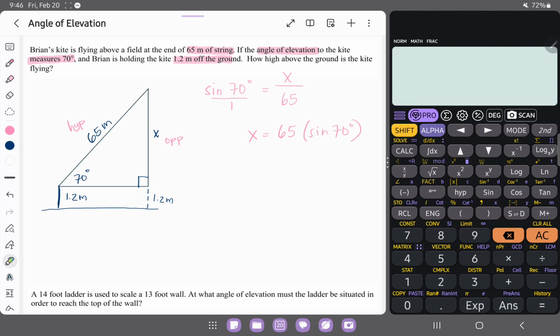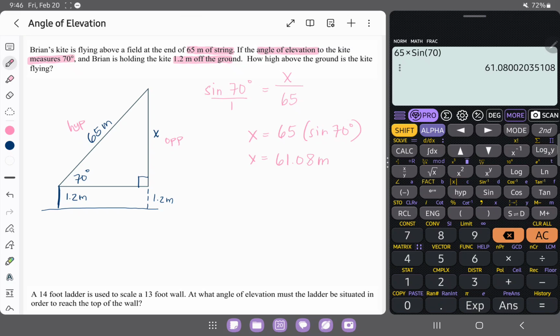Tandaan, nag-cross-multiply lang po tayo. So, ito, then ito. Itong part na to. Okay. Now, you can use your calculator now. That would be 65 times sine 70 is now equal to 61.08. So, the value of x is 61.08